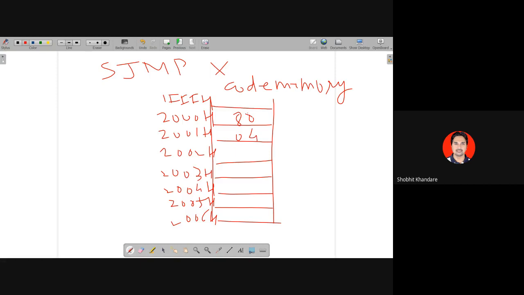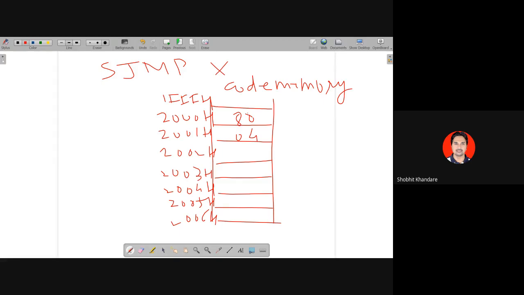कोड मेमोरी में हमारा क्या रहता है? इंस्ट्रक्शंस रहता है. इंस्ट्रक्शन किस फॉर्मेट में स्टोर होता है? हमारा इंस्ट्रक्शन वंस एंड जीरोस में स्टोर होता है, जिसको हम ऑपरेशनल कोड बोलते हैं. तो कोड मेमोरी में मैं डेटा नहीं बोलूंगा, मैं बोलूंगा कोड मेमोरी में मेरा इंस्ट्रक्शन, which is in the form of ones and zeros, that is a machine code. Okay, so here 80 is stored in 2000H and 04 is stored in 2001H.